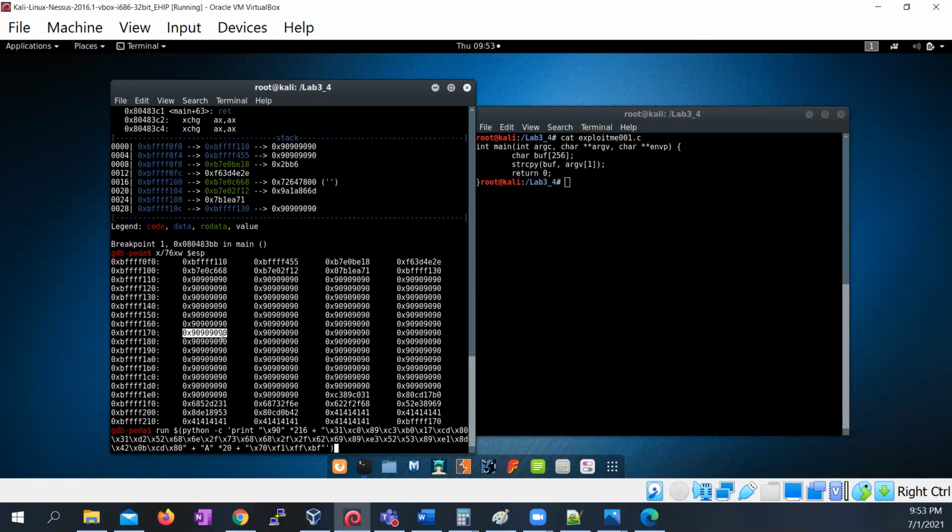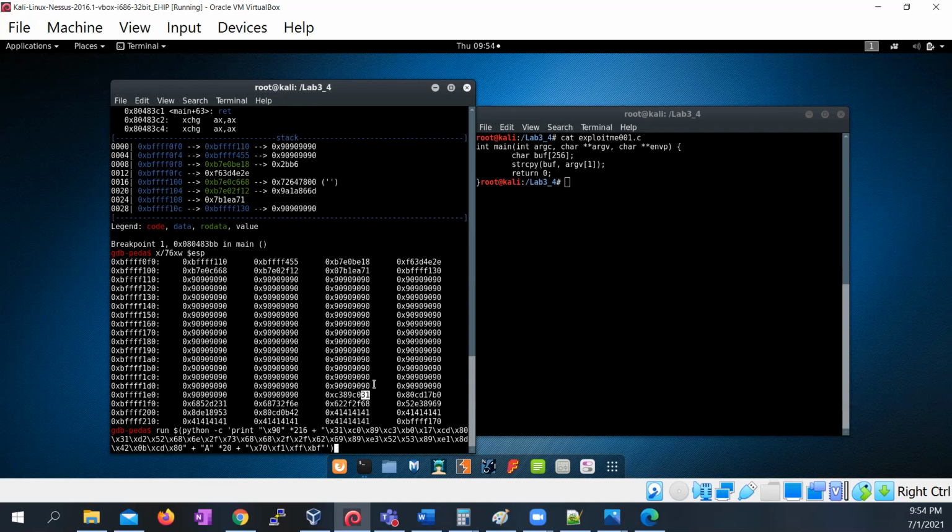This specific byte, hex 90. So where am I pointing it to? Hex 90. So what exactly is hex 90? Hex 90 is essentially what we call the no operation, the NOP. So when the CPU sees a hex 90, a NOP, what the CPU does is that it ignores it, and it skips to the next byte, skips to the next byte, all the way until it sees a byte that is not